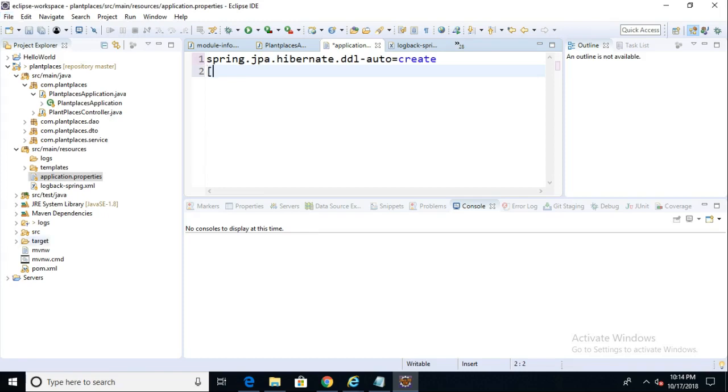Next, we'll say spring.datasource.url equals, and now we need to use a JDBC compliant URL, which is jdbc:mysql, a fairly common JDBC URL we're starting with. Now the host where this database lives, it happens to live locally,